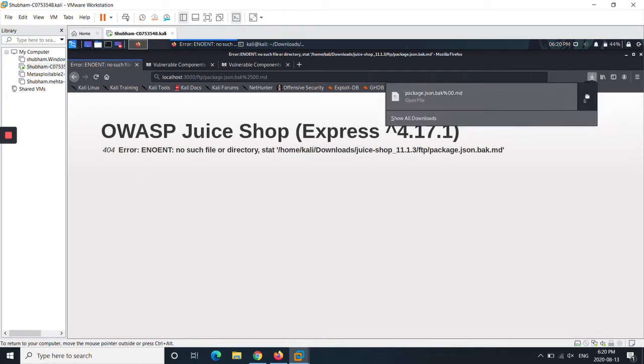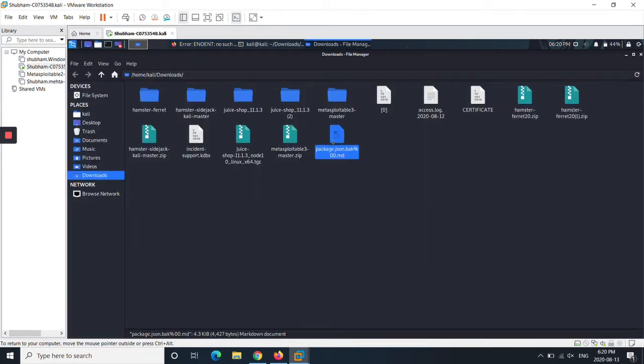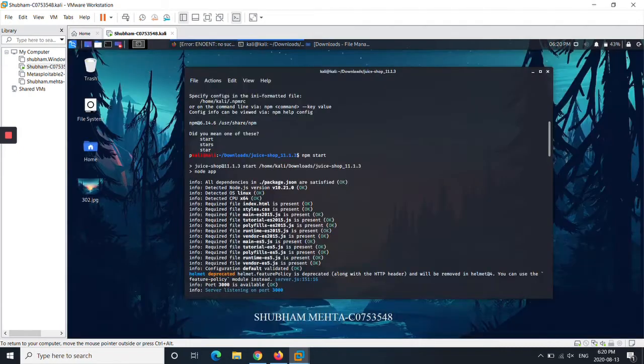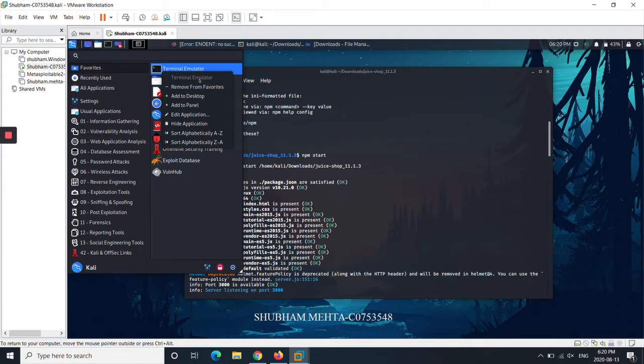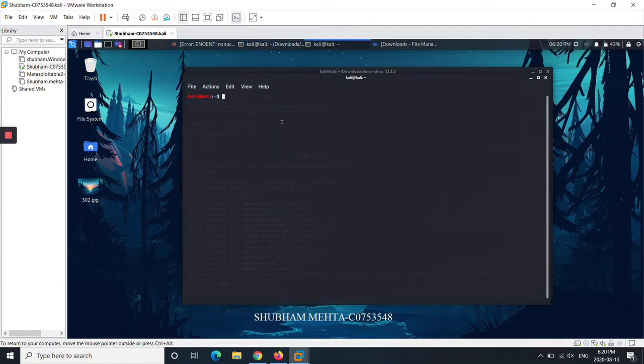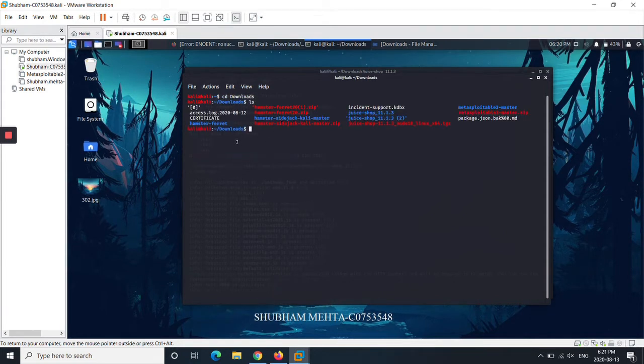So I saved that file in my Linux machine, and I need to open this file in the terminal, and in order to do so I have to go to the terminal. Let me go to the terminal. In the terminal I have to look for where the file is. It is definitely in the downloads. I have to go to the downloads and list, and in the list I can see that this is the file